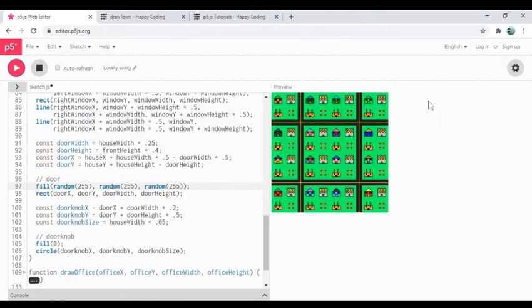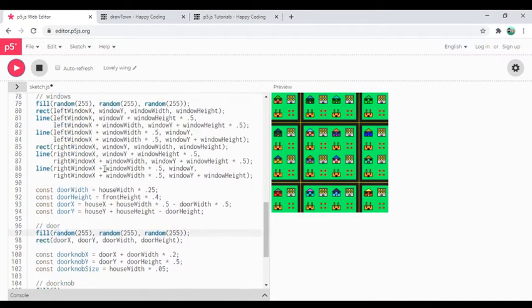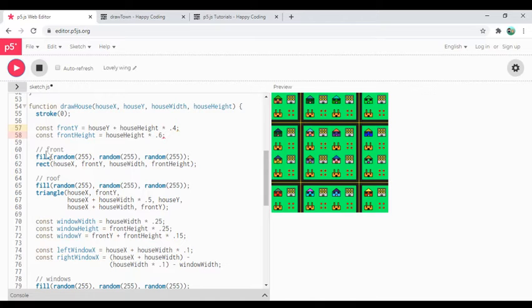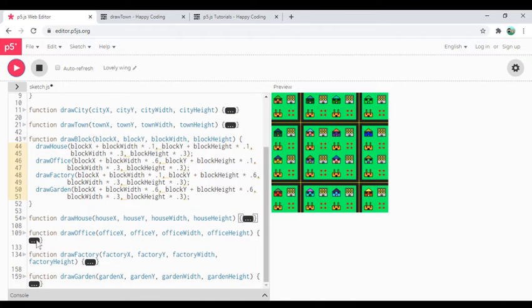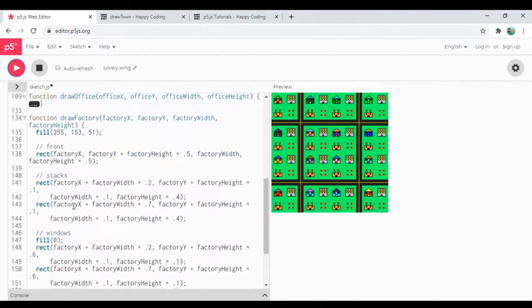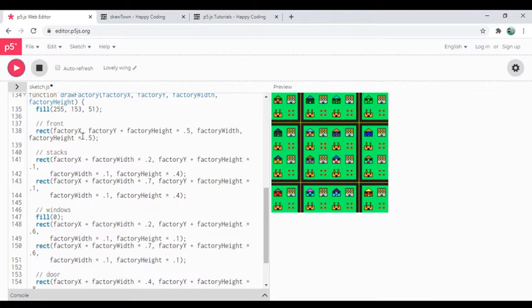So now I'm trying to think ahead, like what's the next thing I want to do? I could do something similar with, say, the factories, give the factories a random color. I've got the line copy pasted, so why not try it and see how it feels. Man, I wish I had formatted this code a little bit better from the beginning, but let me quickly do that now. Width, Y,